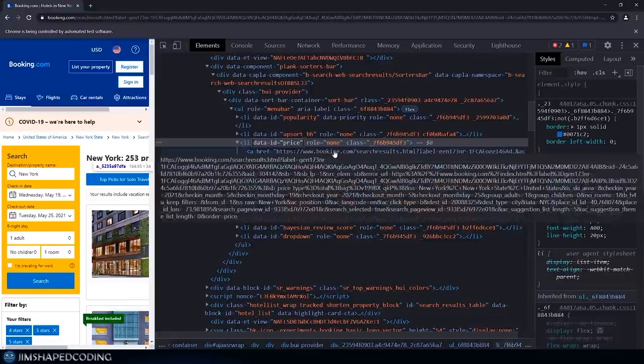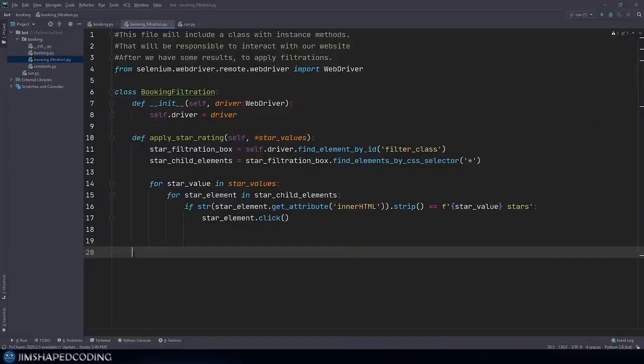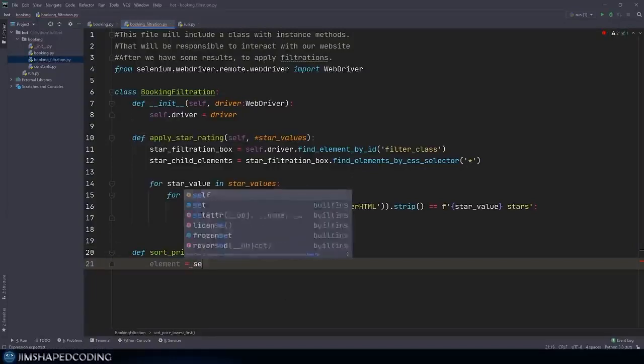So we can grab this key-value attribute and find it with a CSS selector and try to click on that one. So we can go back to our PyCharm and to our booking filtration file, and we can design here one more method, and we could name this sort_price_lowest_first. And this is just going to try to find an element, so we can name it just element, and that will be equal to